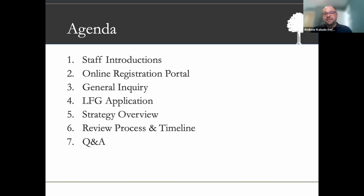But before we really dive in, I do want to ensure that everybody is aware that the Lake Geauga Fund is not the only way to partner with the Cleveland Foundation for organizations both in and serving Lake and Geauga County residents. You are also able to come through the front door or the standard grant making that the Cleveland Foundation does across all of our program areas, which include things from environment, education, health and human services. But this is not the only way to partner with us, and Colleen's going to talk more about that process, but I just wanted to ensure that was clear, that there are multiple ways to work with us at the Cleveland Foundation. If you'll go to the next slide,